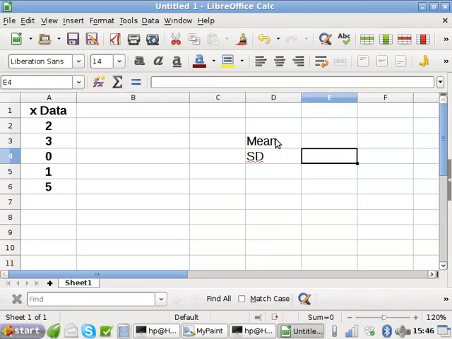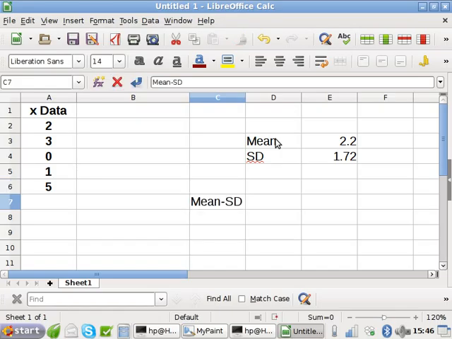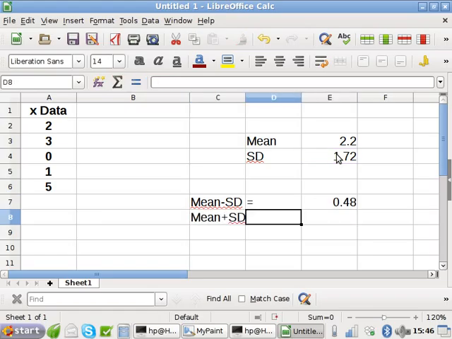I can get it back. Do you have it? What was it? 2.2. And the standard deviation? Okay. So if you look at the mean minus one standard deviation, that would equal this number minus this number. And then if you look at the mean plus the standard deviation, that would be